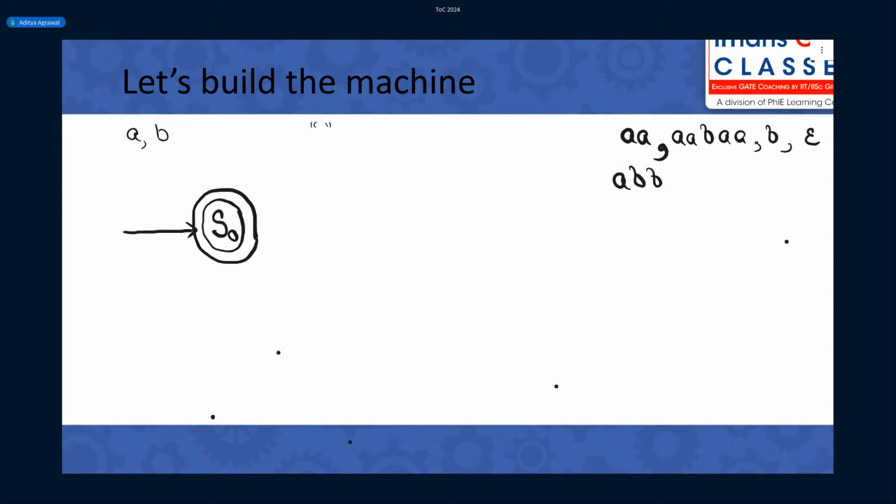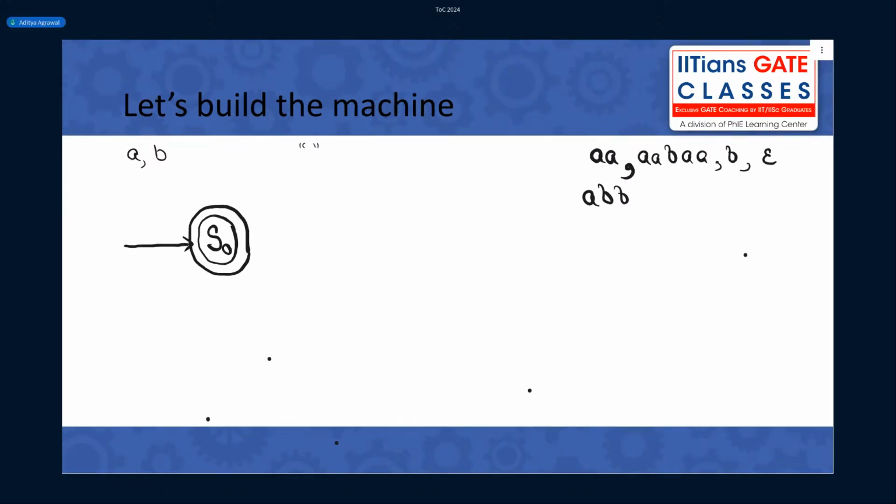I could either take a transition when I read A or take a transition when I read B. Think in this way. This is an empty string which got accepted. If I read a B, should I stay in S0 or go somewhere else? Think of it in the very simple cases.